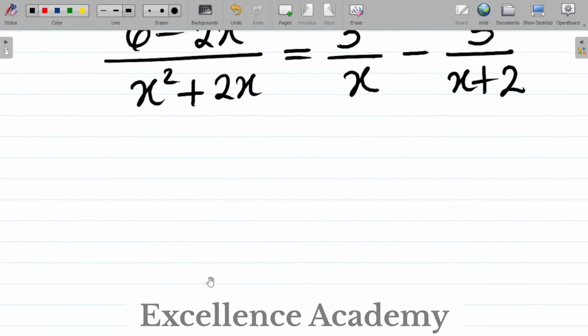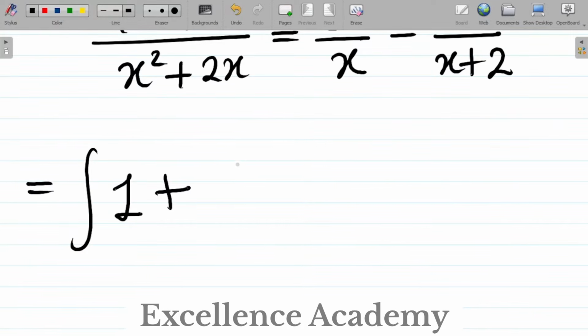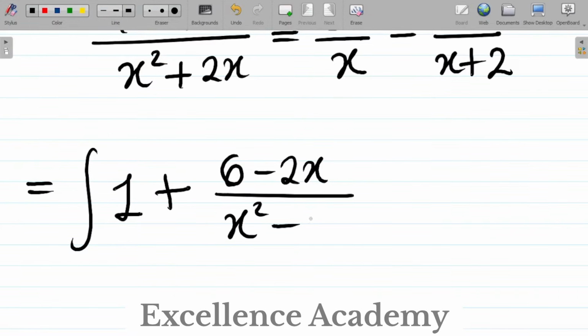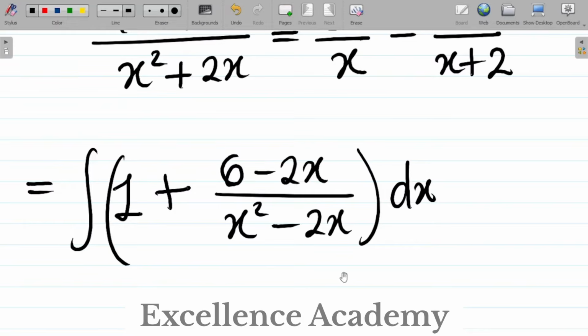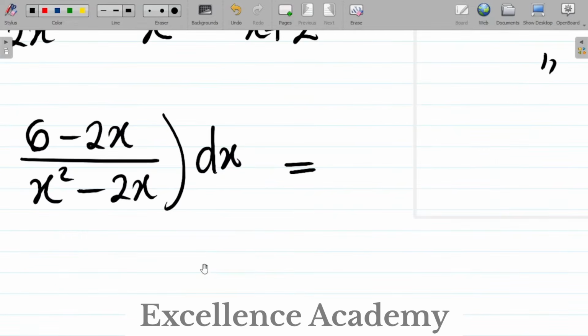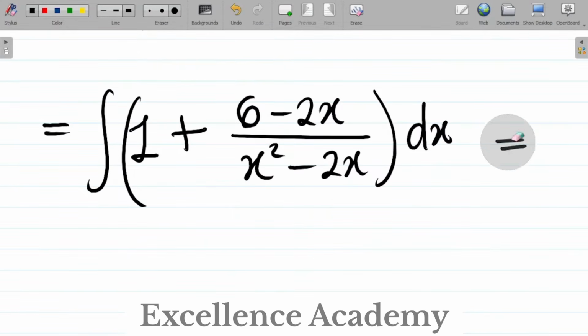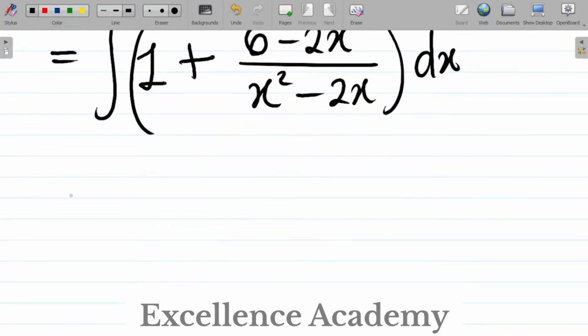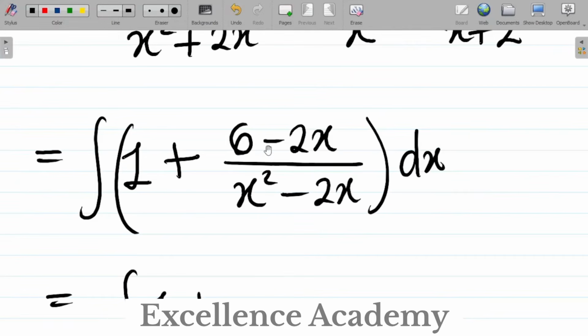So initially, the question was equal to the integral of 1 plus (6 minus 2x) all over (x squared minus 2x) dx. This is what we had initially. If you work on this, this is equal to, let me bring this down instead, the integral of 1 plus, we've broken this one here into partial fractions,